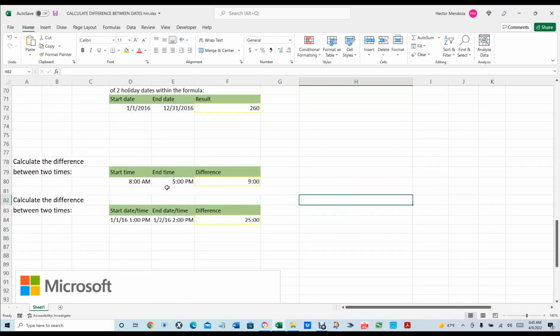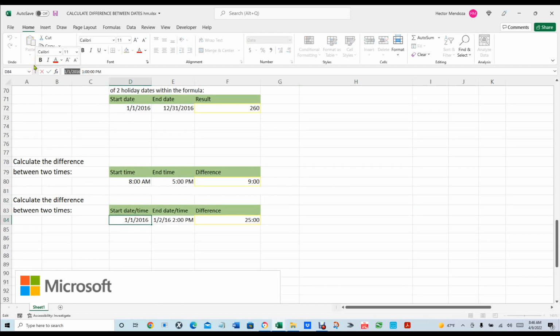Okay, now if I did from 8 until, let's say you work 8 to 1 in the morning, you couldn't use that calculation. You would have to go in here and first you would put the date. So let's say today, 4/9/2022, and look down here where I'm changing my numbers. I'm going to change that to 8 a.m. Okay, so I started today at 8 in the morning,